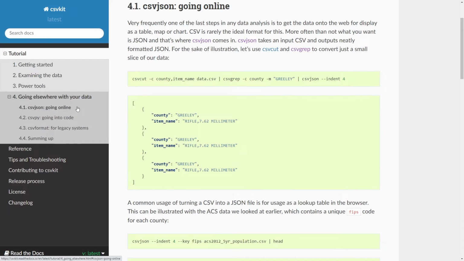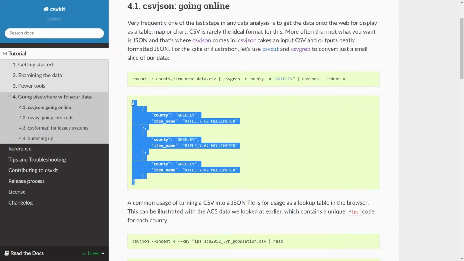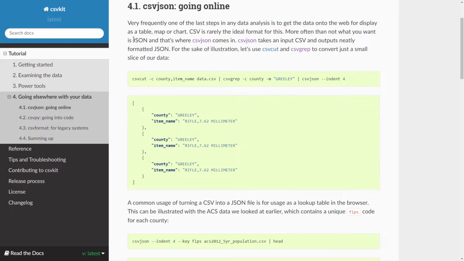to JSON data. And before we try it out, the reason I think this is really useful is that JSON is a data format that is really useful on the web. So you can see some JSON. It's not surprising that this is useful on the web, since JSON stands for JavaScript Object Notation, and JavaScript is of course used all over the web. Hence, JSON is really useful for web development, but also if you're dealing with APIs like REST APIs, then JSON is incredibly common as a format, so it's very useful to be able to go from CSV